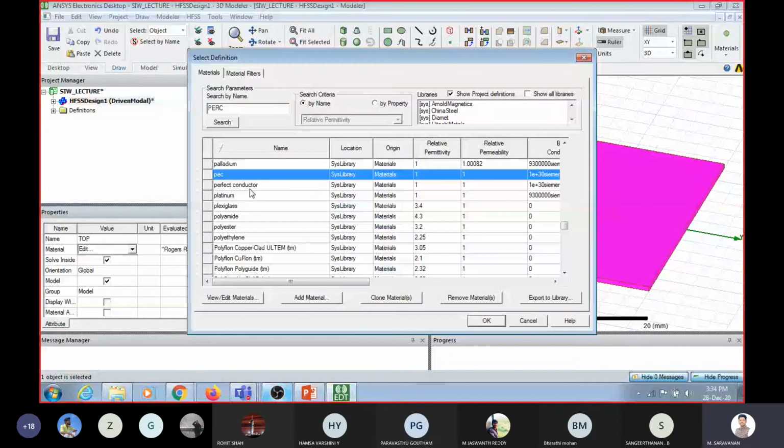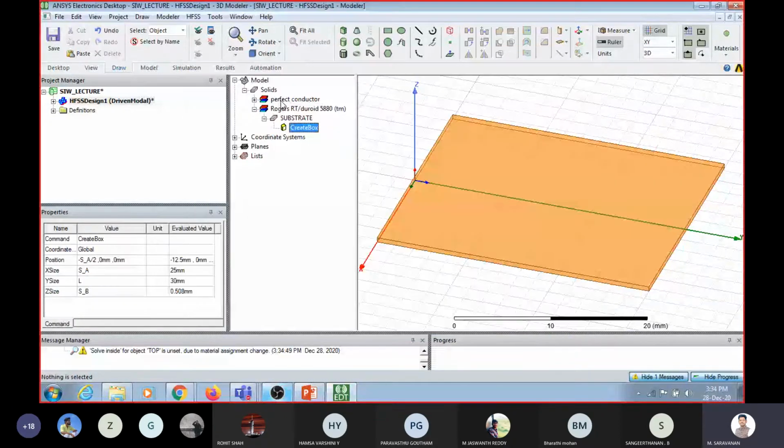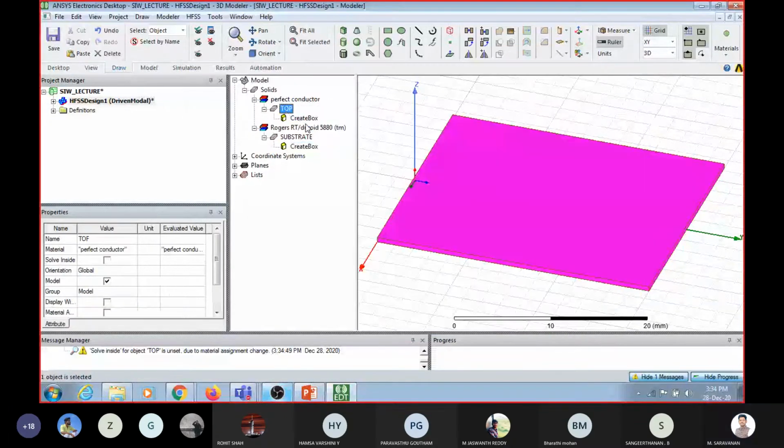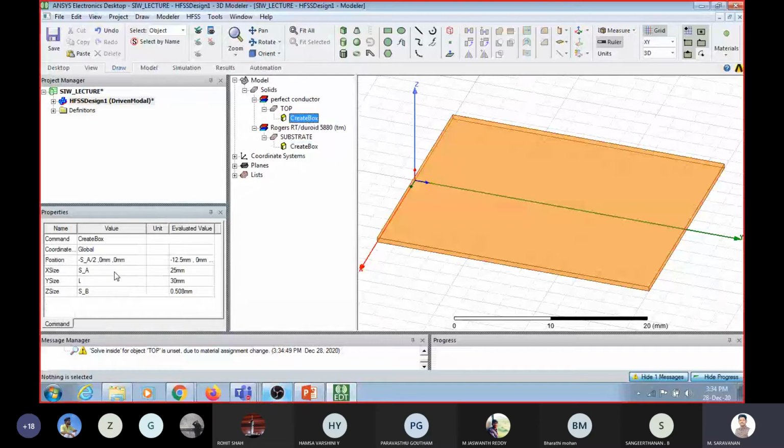This is a conducting sheet, so the substrate thickness is 0.5, and the length and width remain the same. Along the entire length and width of the substrate, I have to place the top layer. So the length and width are the same, only the thickness has to change.